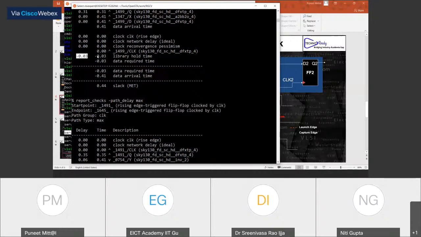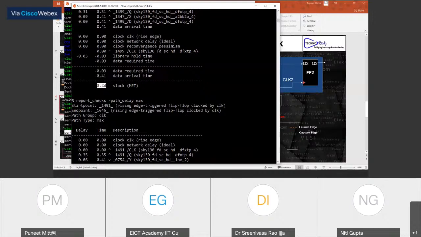If it is a negative hold, it is 0.0 minus 0.03. So if I'm saying arrival minus required, simple mathematics, arrival minus 0.03 is going to be 0.44. So this is a hold slack.